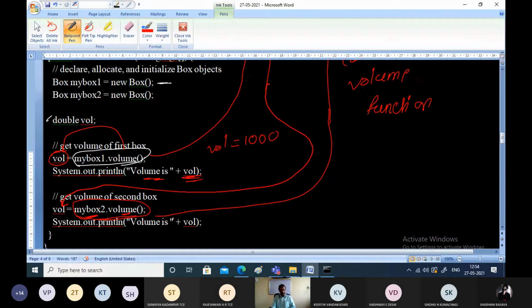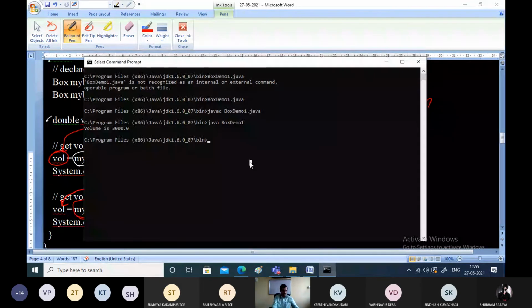And what will it print? It will print the value, 1000. So basically what the constructor does here is, constructors are used to assign some initial values for the members of the object whenever we create the objects. So let us see the execution part.